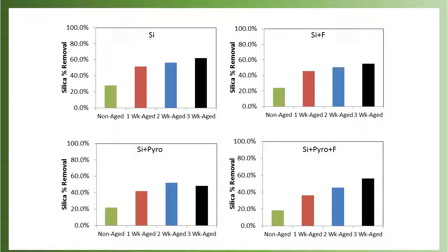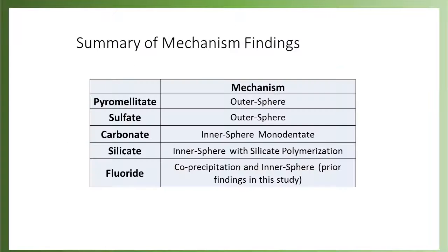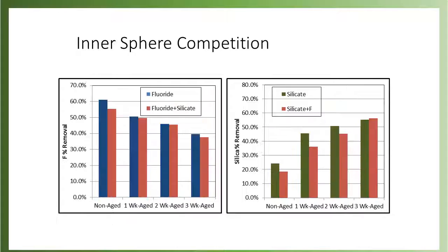This is further supported by our removals data, where we see an increase in silicate removal over time in each of these cases. Again, telling us that silicate is inner sphere complexing and polymerizing on the surface. Noted here, silicate and fluoride were both theorized to be inner sphere complex, and we see that in each of these cases,